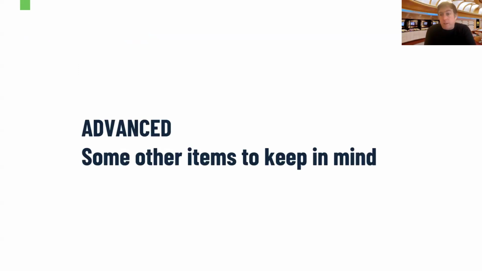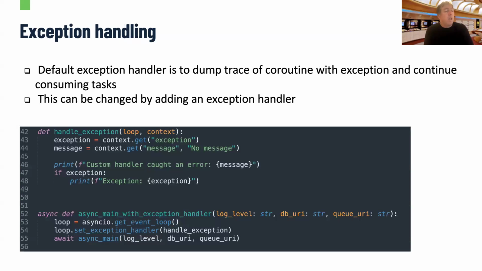Okay, so some other things you should take into consideration. I think the first thing is exception handling. When you create async contexts, you sometimes need to handle exceptions at the top level. So when you do that, you can register a manual exception handler. You get the main loop and set the exception handler, and you can handle the errors that are created from each of the tasks